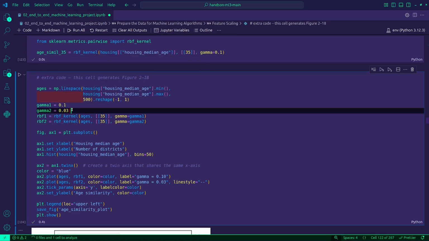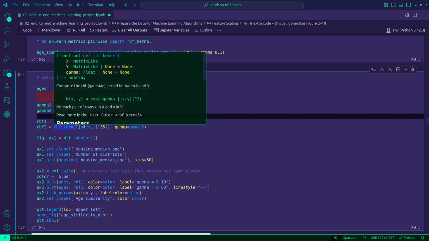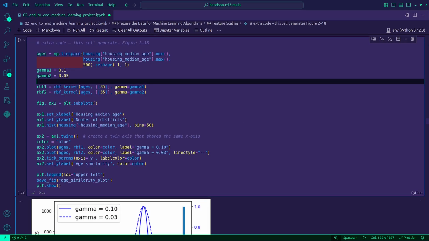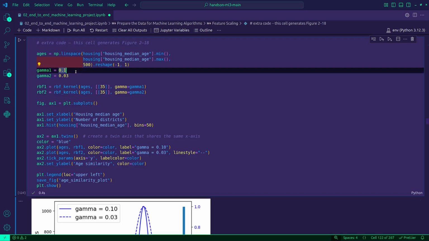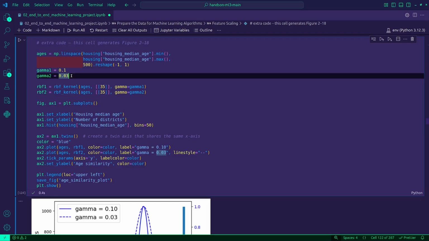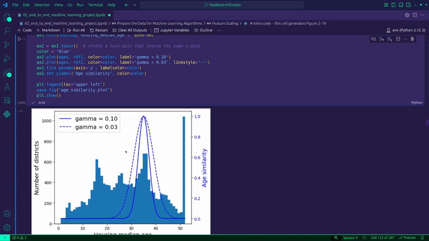We'll have two different gamma values here, 0.1 and 0.02. The difference is in the value. With 0.1 we will have a sharp peak, and only very close ages will get high similarity. But with this one, we get a somewhat wider curve, which says, okay, more of these values are treated as similar.